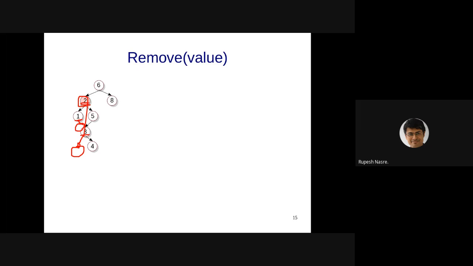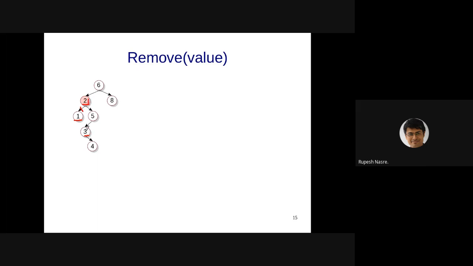Okay, so you tell me how the structure is going to be finally. And by the way, this particular example also indicates that choosing a particular node to replace the to-be-deleted value can be a strategic decision. You need not stick to a particular way of implementing it. You can actually do some cost benefit analysis. For example, replacing 2 with 3 is less beneficial than replacing 2 with 1. I mean, 1 does not have any child and it's just connected here, so you can just cut off this link and that is going to be sufficient, and replace this with 1.